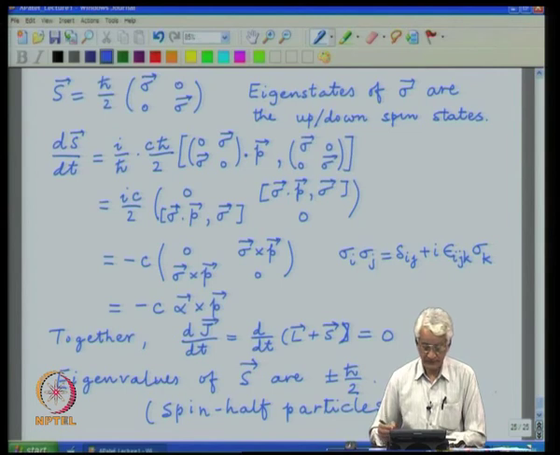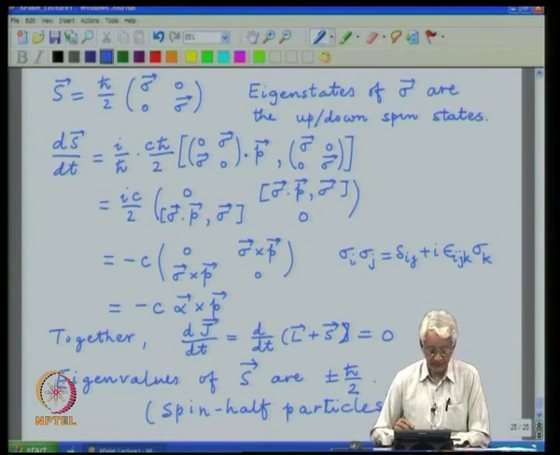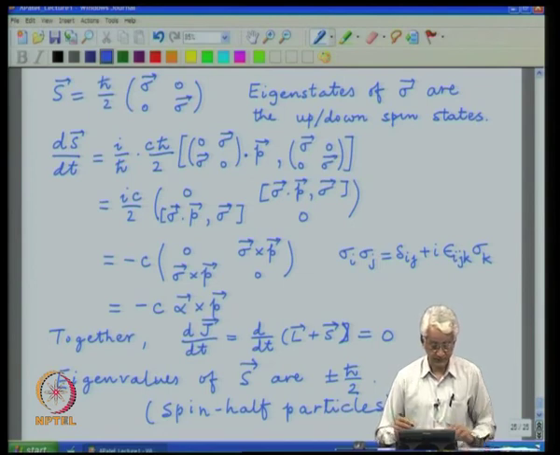So, this is something which emerged out of the Dirac equation. It was not there in the Klein-Gordon equation. There were no multiple components for the wave function, and so there were no extra degrees of freedom, but in the Dirac equation the extra degrees of freedom were already there, and by looking at angular momentum we can identify that this contains the degrees of freedom corresponding to spin half particles.